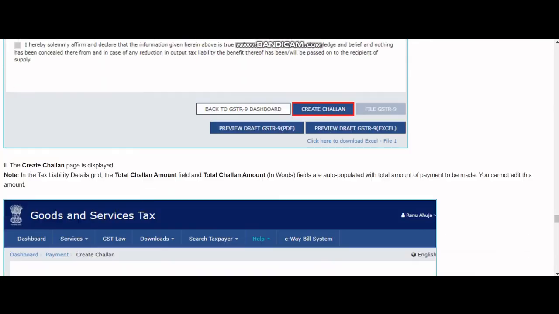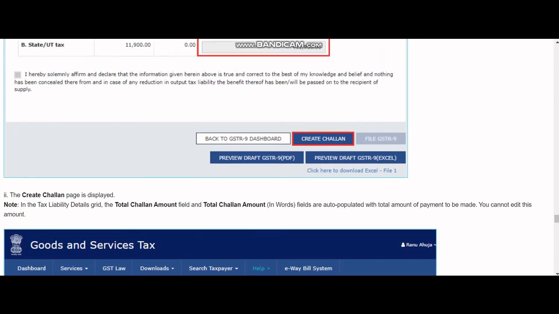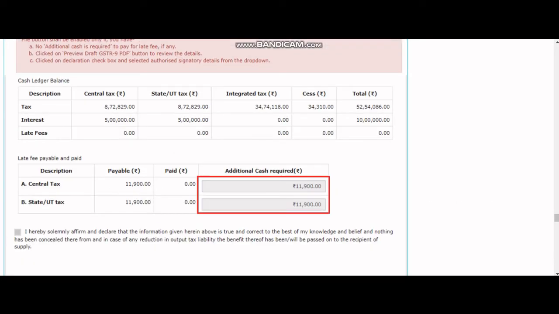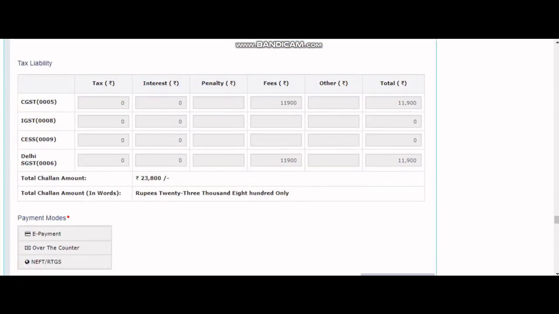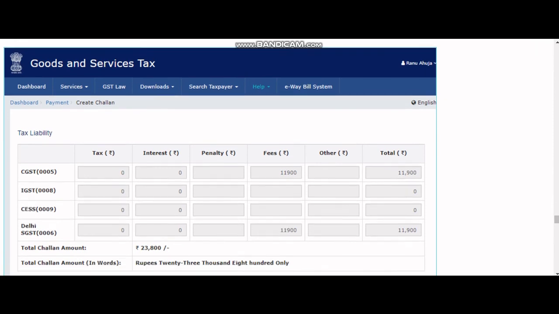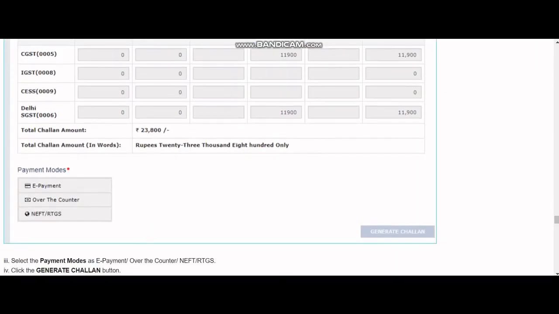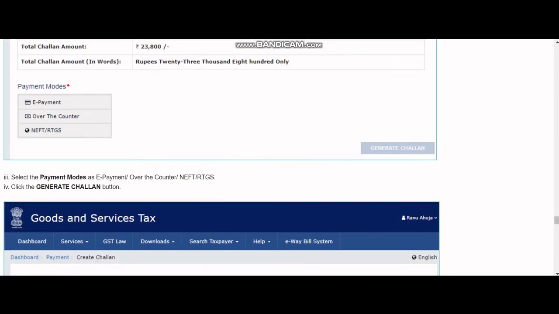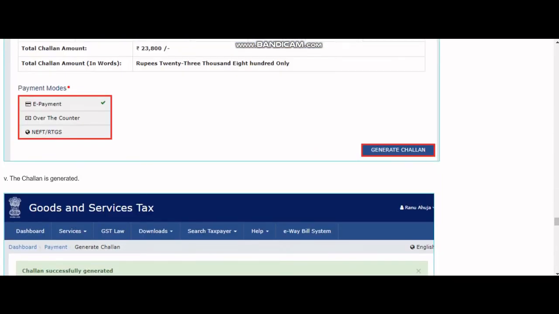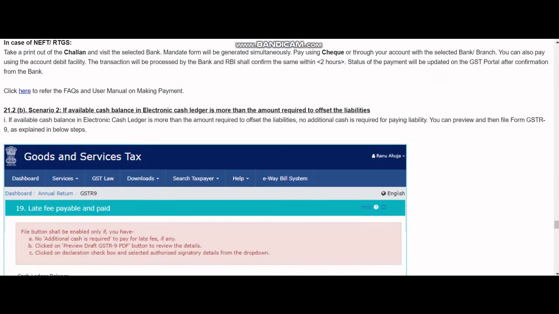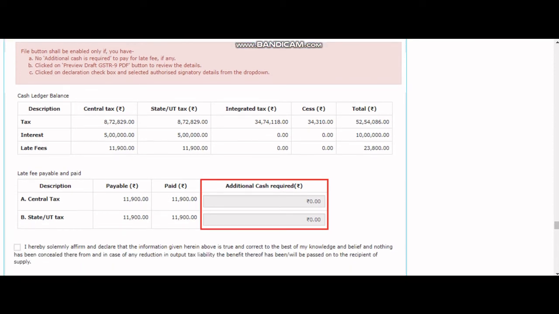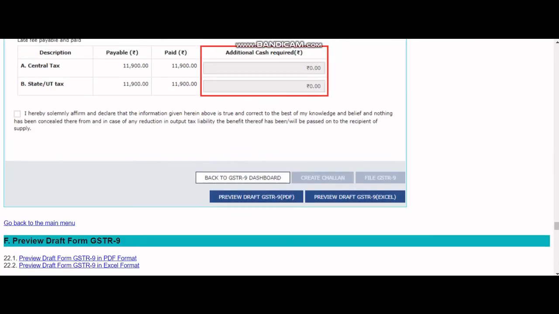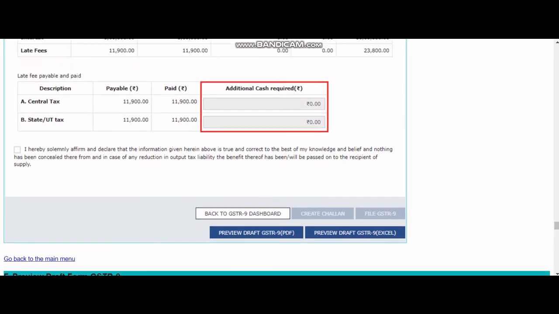Or let's say if you don't have enough amount to make the payment, there is a generate challan button. You can just click on create challan, and the liability will be auto generated in the tables, and you have to make the payment by e-payment, NEFT or over the counter. Once you make the payment, the additional cash required will be shown as zero because the amount is already added